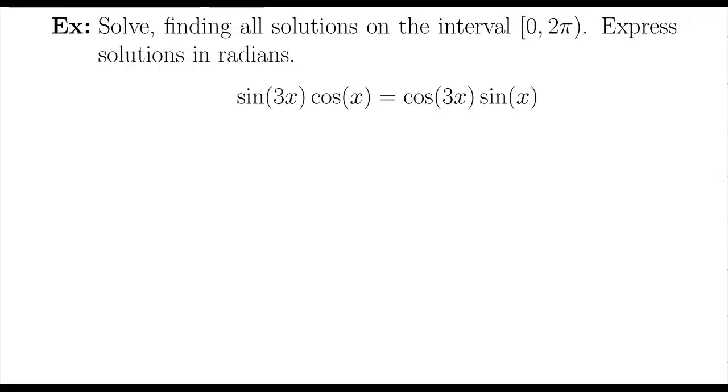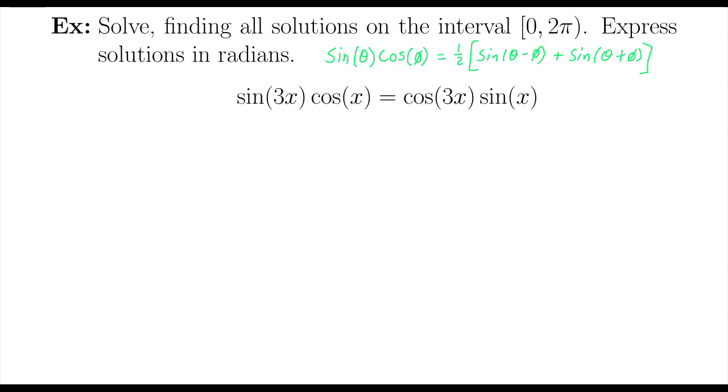Okay, let's solve the equation sine of 3x times cosine x equals cosine of 3x times sine of x. I'm going to end up using the product-to-sum identity here: sine of theta cosine of phi equals 1/2 times the quantity sine of theta minus phi plus sine of theta plus phi. I'm going to use this in a second, but in order to be able to use that, I